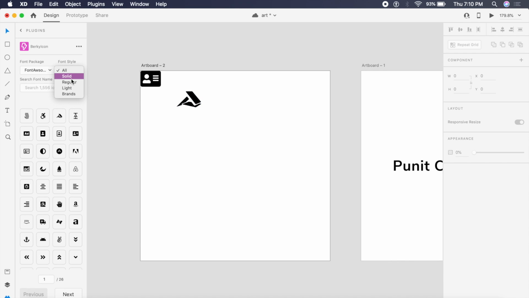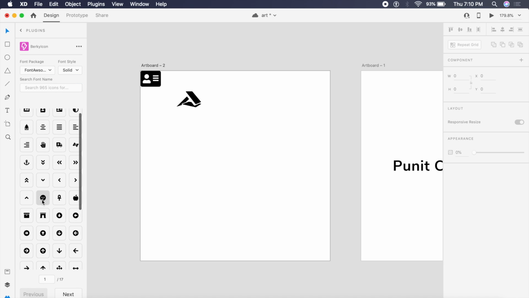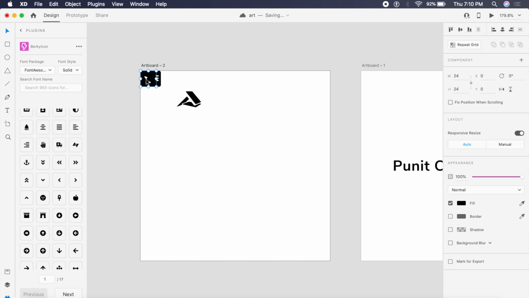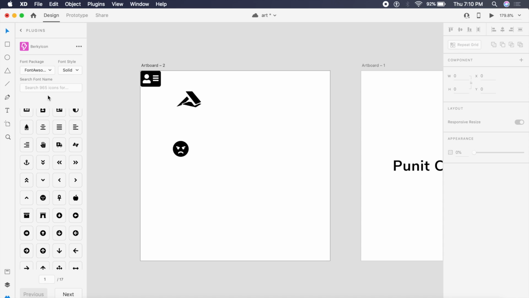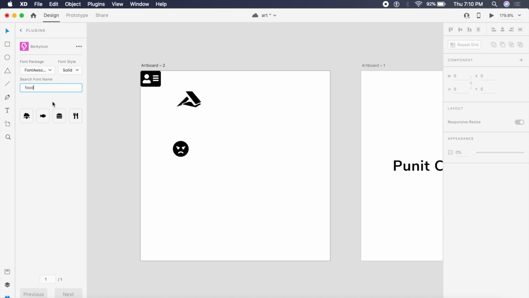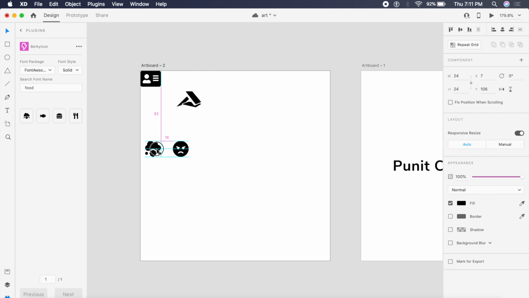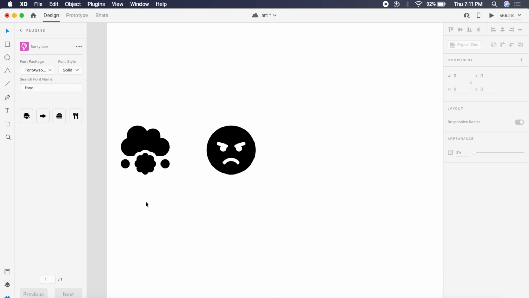It also allows you to select what category you want. So if I want a solid icon, not a lined icon, I'll get all these really cool looking icons from here, and obviously I can insert them wherever I like. Also, I can quickly just search for something. So if I want to search for food, as you can see, we get all the various food options. I have a fish here, I have a burger, I have fork and knife, and I have... What is this? What kind of food is this?